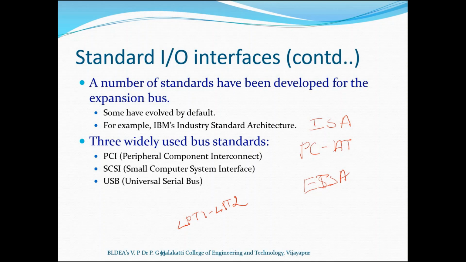Now serial interfaces are used to connect video terminals. Now, if the terminal is remotely located, the connection may involve a telephone line. In this case, a modem, that is modulator and demodulator, is needed at each end of the line to convert the logic values 0 and 1 to the corresponding frequencies on the telephone line and vice versa. Now, a widely used serial interface standard is known as RS-232C.